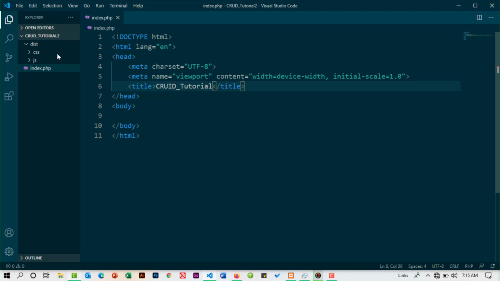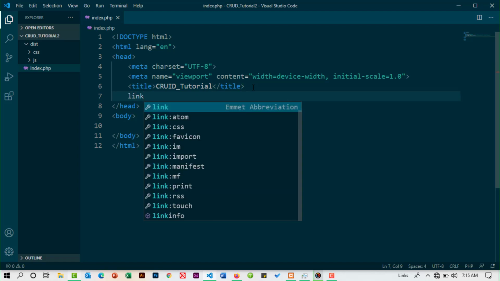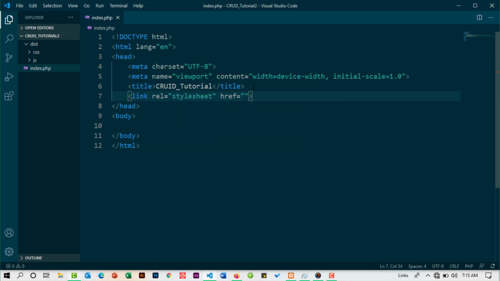And just before I leave at the end, I also want to link my bootstrap.css and my custom CSS. So below the title, I'm just going to write link, and then I hit tab. This will give me a link with a rel of stylesheet, and in the href I'm going to put the path where I have my Bootstrap files, and in this case I want to be linking the bootstrap main.css. So I'll just write dist, where I have my CSS files, then css,